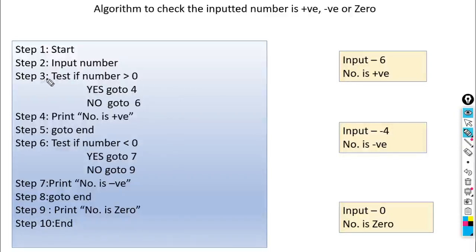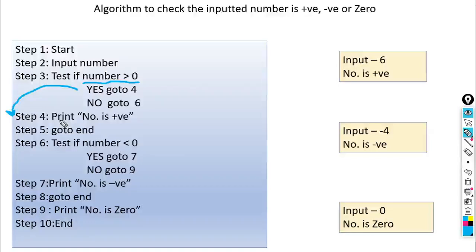Okay, next one, how we can check number is positive? So if that number is greater than 0, then number is positive. Okay, so first we check this condition, test if number greater than 0. If it is greater than 0, then go to 4. So it will take your control to step number 4.